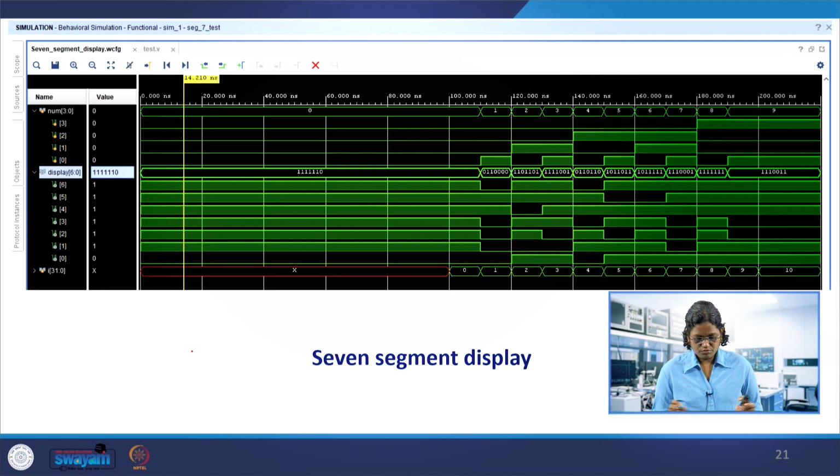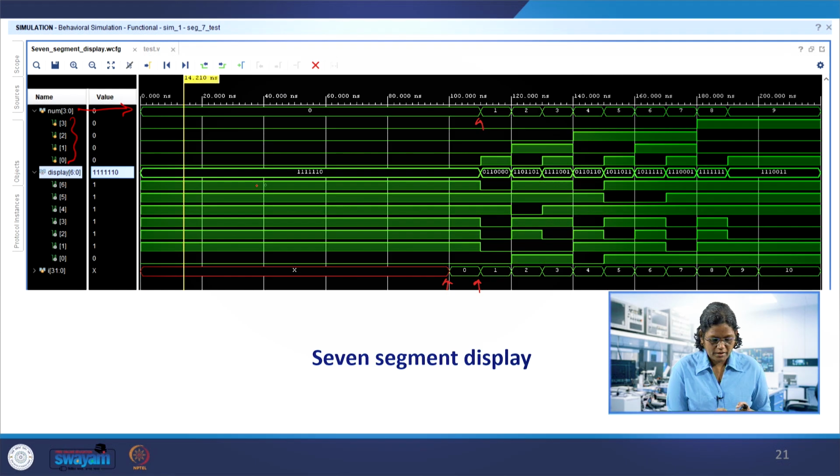Okay, so now the waveform viewer or the waveform editor: the number is given in this 4 bit, the expanded bits, every bit is shown over here, 0, 1, 2, 3, these are 4 bits. So first it is 0, up to this point, 100, after that 10 time units it is 0. Okay, I start incrementing. It is not known what is I for the first 100 nanoseconds, that is given global reset. After that the first 10 time units it is 0. Okay, but the number is considered to be 0.